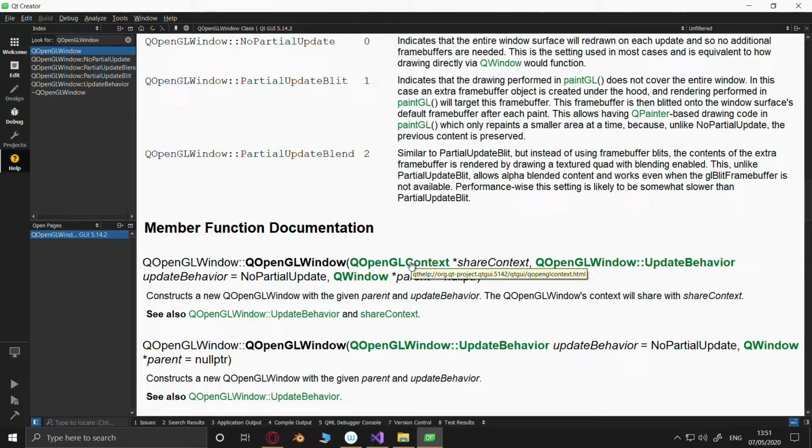It needs a QOpenGL context. I thought that this was not here. Yeah, it's that one there.